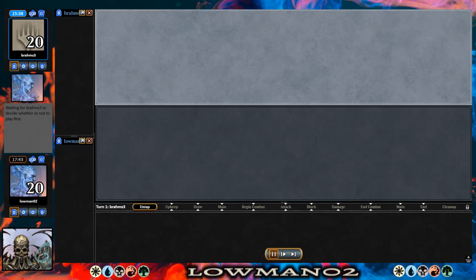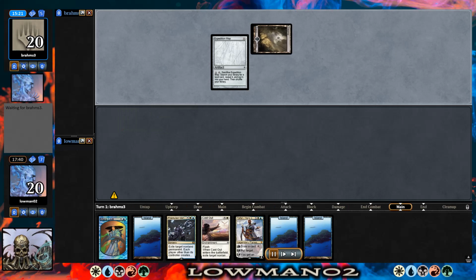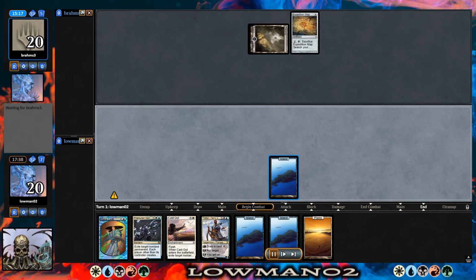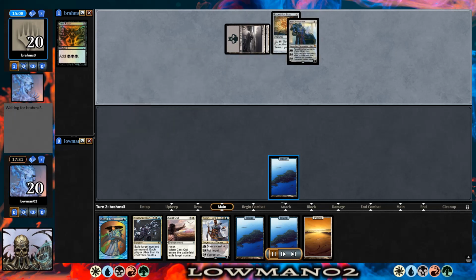Alrighty, guys, we are back. This hand's acceptable. It doesn't have white mana, but it should be able to get after some. Expedition Map's a little spooky. Yeah, find a Plains. Why not? Be a luck sack. They ritual here, which is kind of spooky because I'm not going to be able to